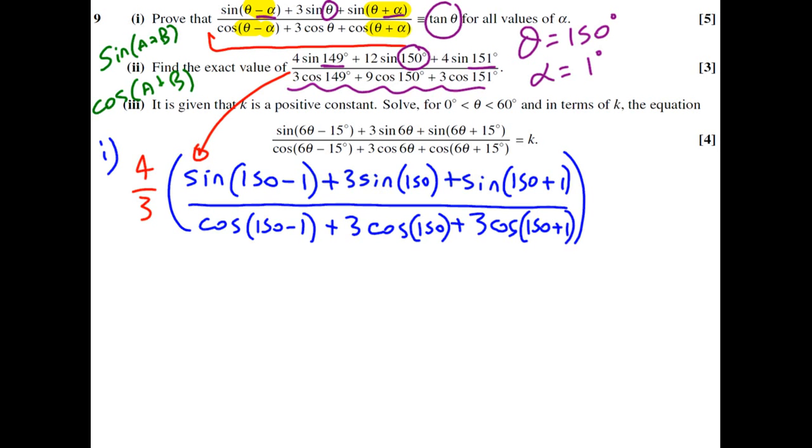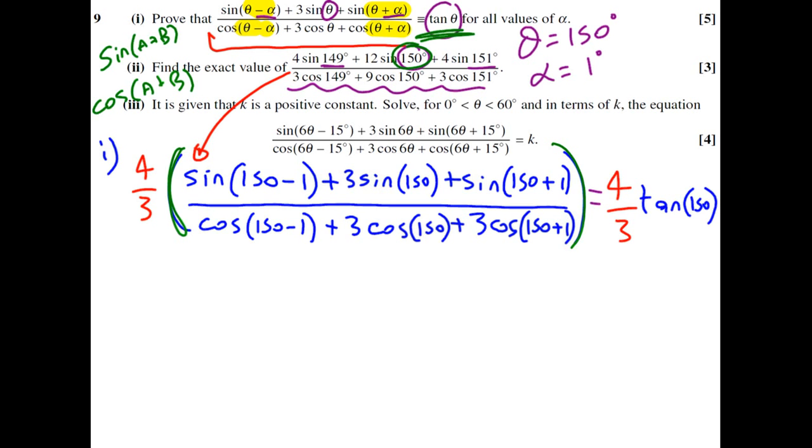We've just shown above that that's going to be tan of this thing. So this thing in the big brackets is just a fancy way of writing, I don't know why you would want to do it, tan of 150